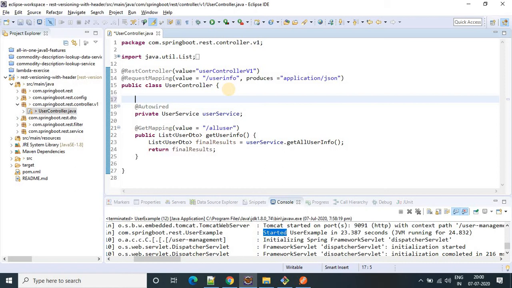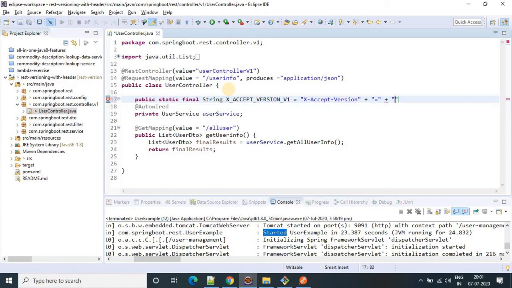Let me create a constant variable: public static final String X-ACCEPT-VERSION-V1 equals to X-Accept-Version plus equals to, and here we have to provide our version, right?